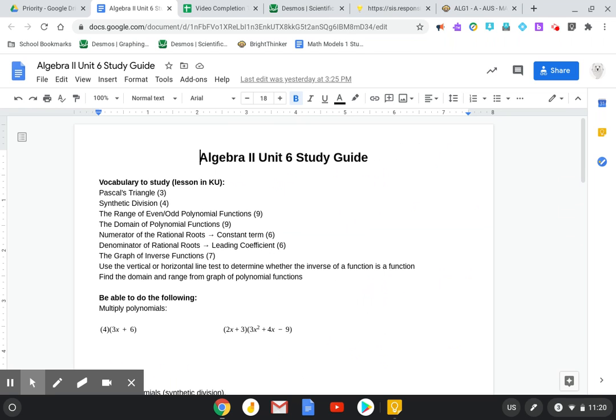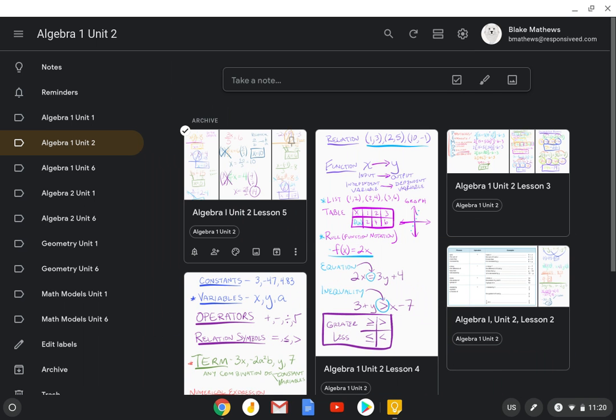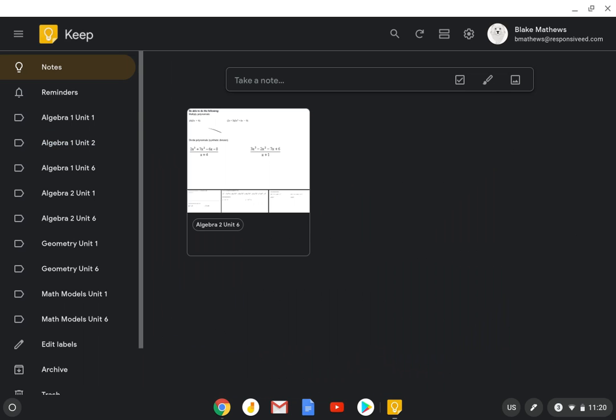I've put just the lesson numbers where those items are found if you want to go back and look at the actual definitions. So you need to know those actual definitions from the unit. The rest of this I'm going to work out on my note-keeping app. So let me jump over here and open up